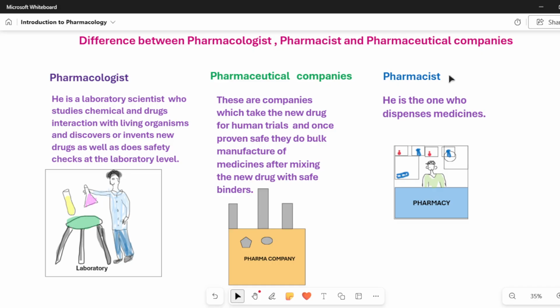Dispenses medicines in the sense he takes the doctor's prescription, sees the prescription and sees the medicines which have to be given. Sometimes you would have seen if the medicine is not there, he gives us another brand medicine. So he basically dispenses medicine. So he's a pharmacist. So hope you have understood the difference between these three.